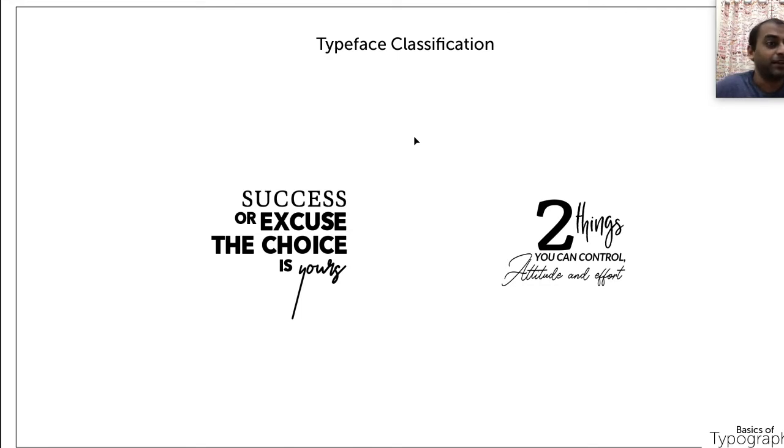Coming back, the other area where we commonly see script font is quote related posters. Motivational quotes, inspiring quotes, or even famous wishes like Mother's Day wishes, Father's Day wishes, any special day wishes, we can see script based font used in a poster here and there. It is not a purely quotes based, purely script based poster.